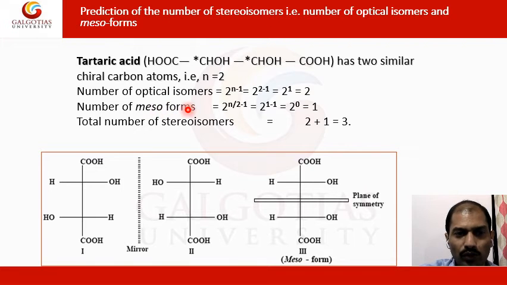So the number of meso forms you can also find out for these kinds of molecules. This is the simplest way you can explain it. And here the total number of stereoisomers can also be bigger. Now the number of meso isomers will come to one form. So here the meso forms you can also draw by drawing the molecule, putting a mirror in between the